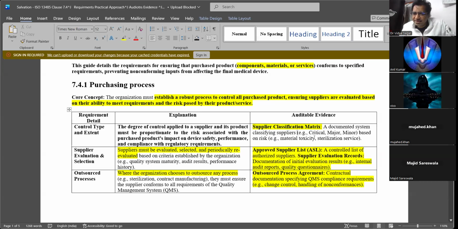For example, he is a very critical supplier because the material he is supplying is very critical to my product, a high risk material. Major or minor. You may outsource some services, and all of them are important, but when you grade them, some will be more important than others.